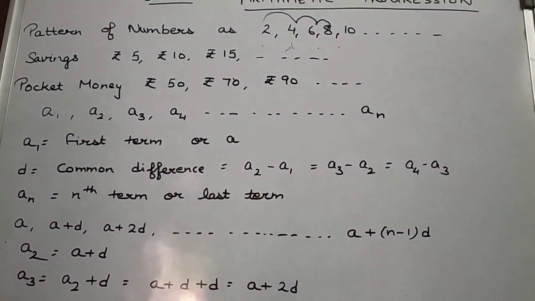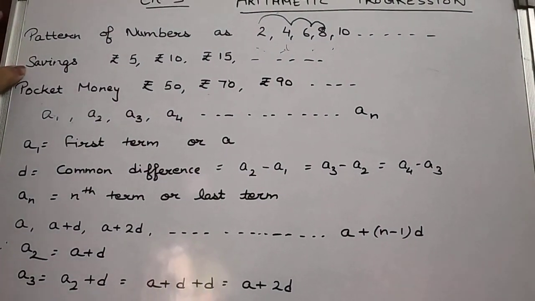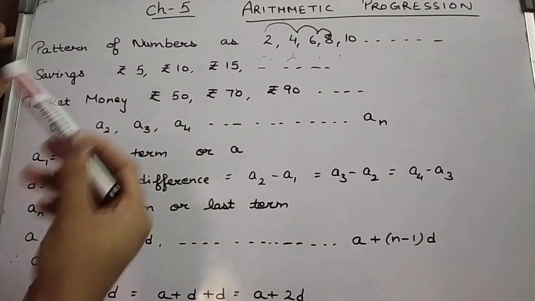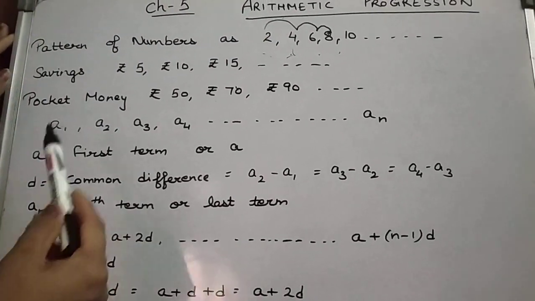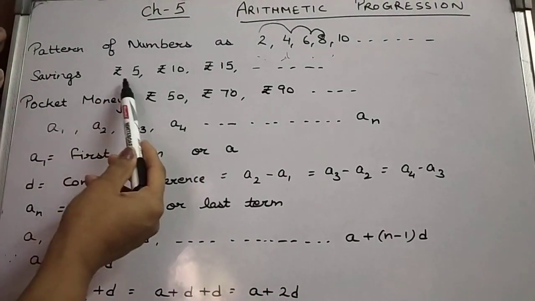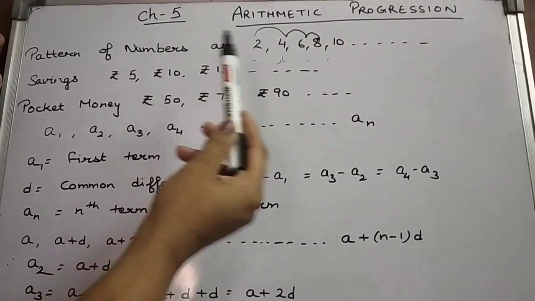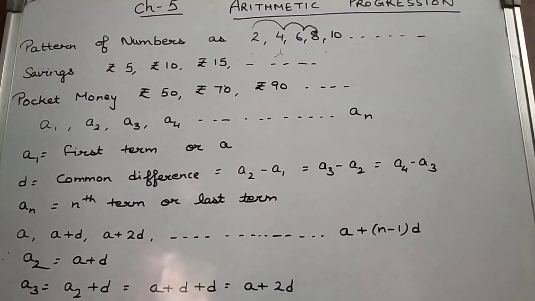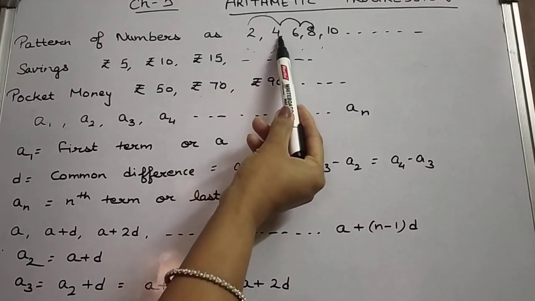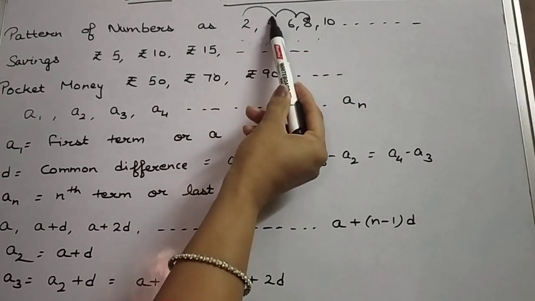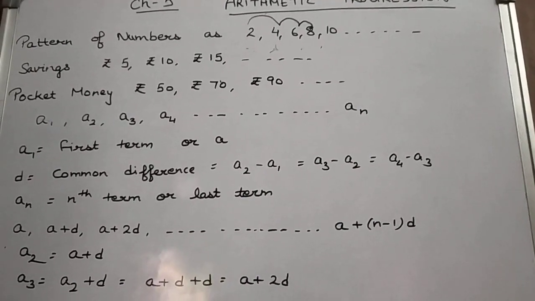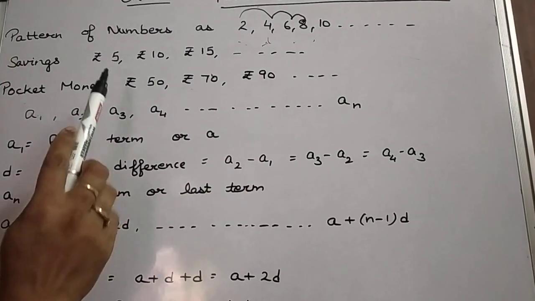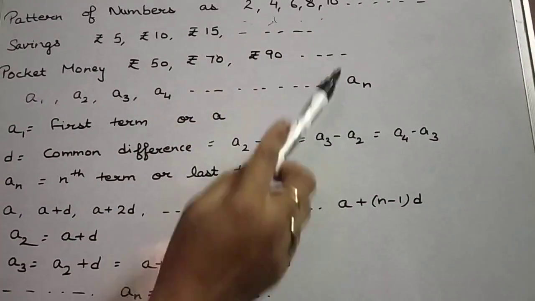It's going. So, in the same way, we can take the example of your savings. What are the savings? Like in the first week, you have started with the saving of rupees 5. Then in the next week, you have started with 10 and then 15 and continue. So, these are the number pattern. We can say that here in this 2, 4, 6, 8, 10, a fixed number is being added. 2 is being added here continuously. In the same way, in the savings, 5 is being added everywhere.